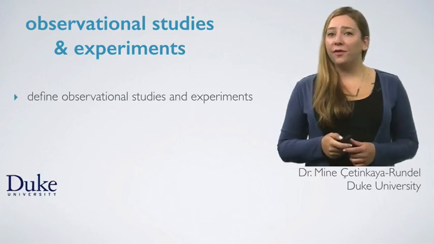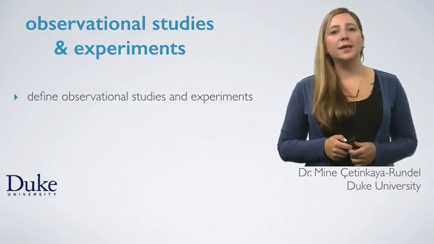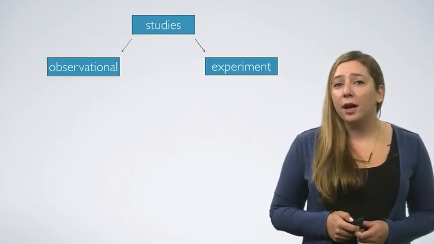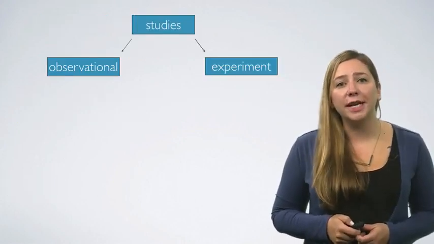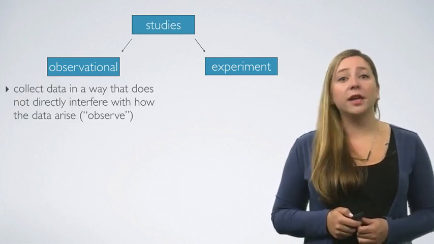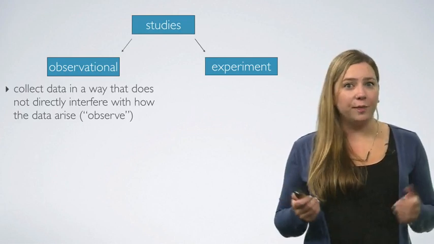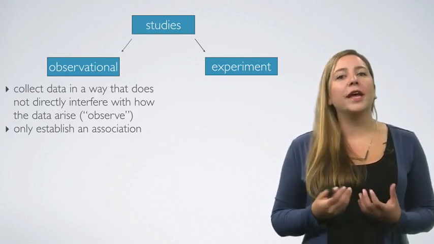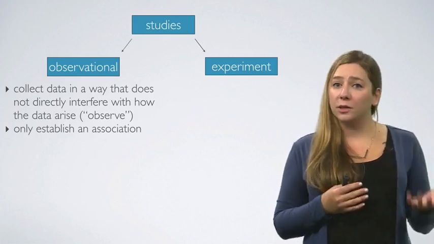In this video, we will define observational studies and experiments and discuss correlation and causation. In an observational study, researchers collect data in a way that does not directly interfere with how the data arise. In other words, they merely observe. And based on observational studies, we can only establish an association, in other words, correlation between the explanatory and the